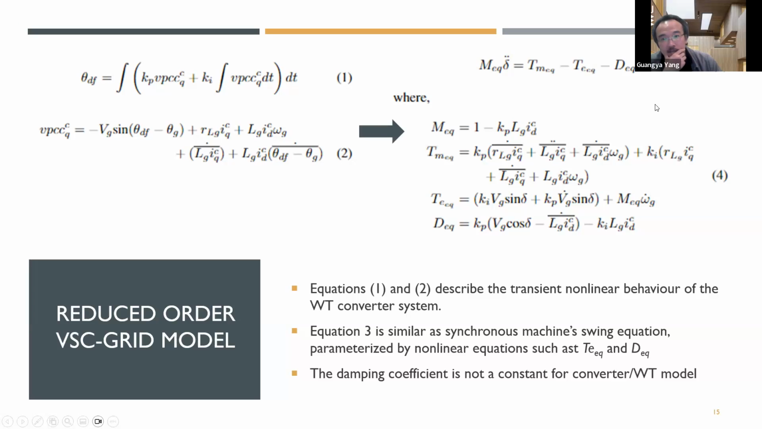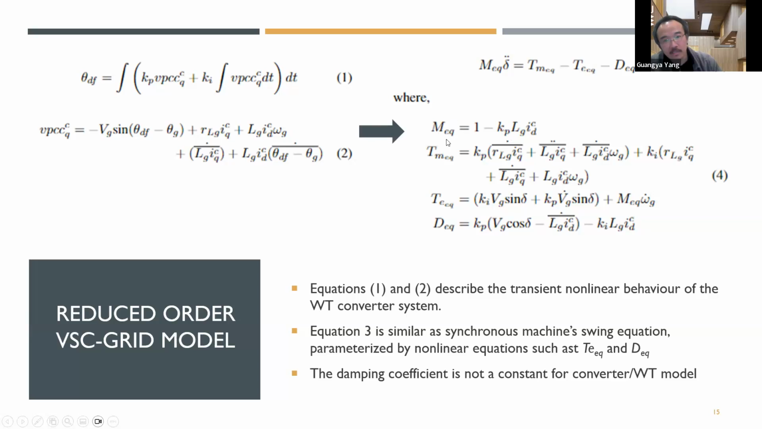get a dynamic equation in this form, similar to the swing equation of a synchronous machine, but the difference is that it is nonlinear. You can see the coefficients of this equation are nonlinear, and then this delta dot is theta DF minus theta g, and this double dot is like omega, and